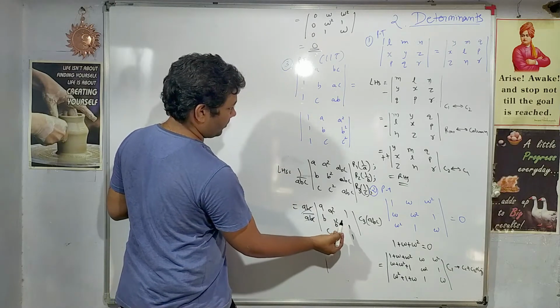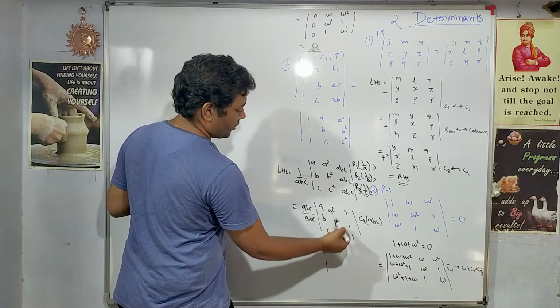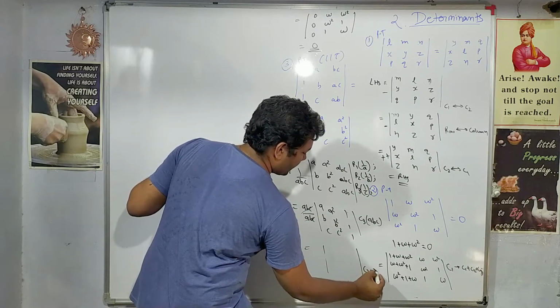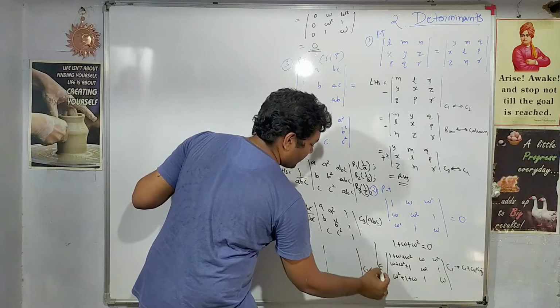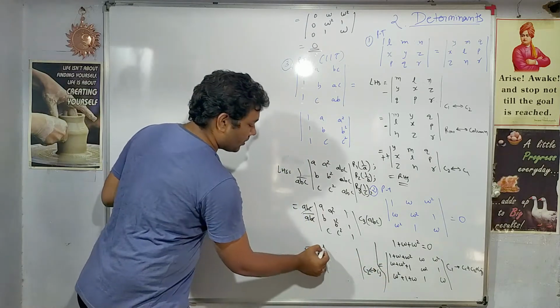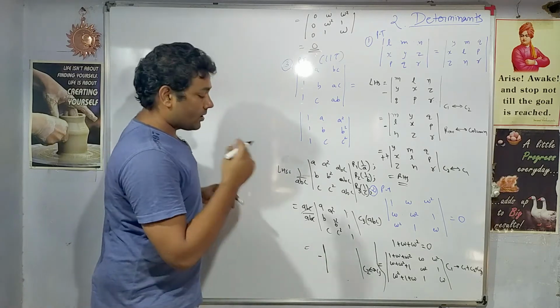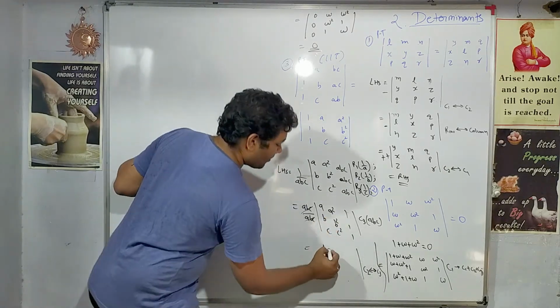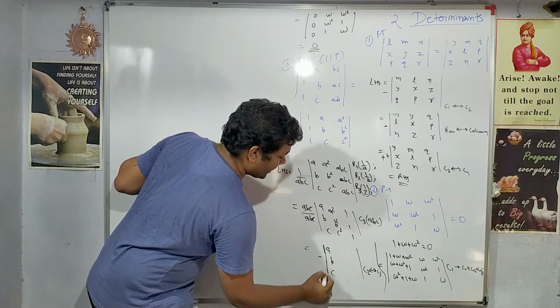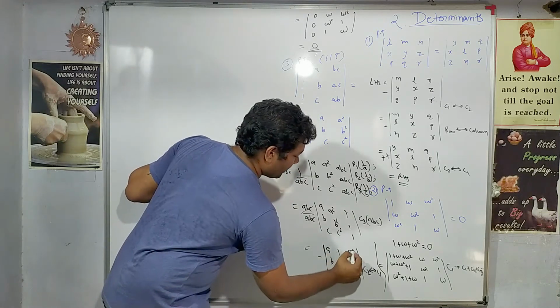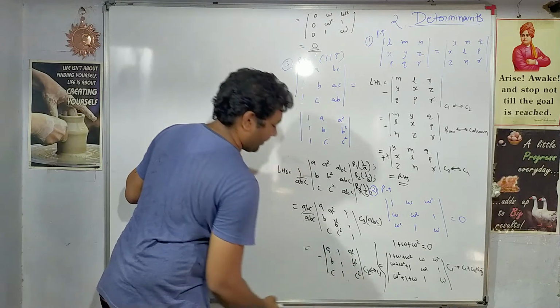first I will interchange column 2 and column 3. So column 2 interchange with the column 3. You must remember that when you carry out the exchange, rows versus row or column versus column, determinant becomes negative. So a, b, c, 1 1 1, correct, and last will be a square, b square, and c square.